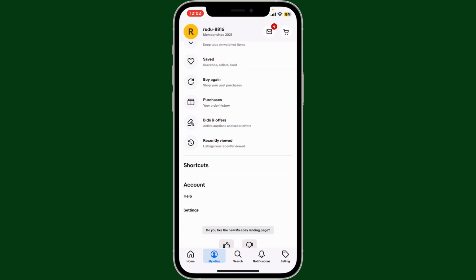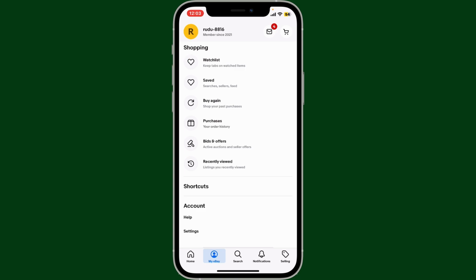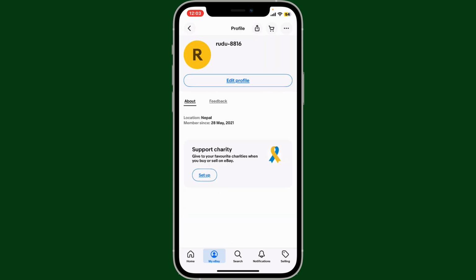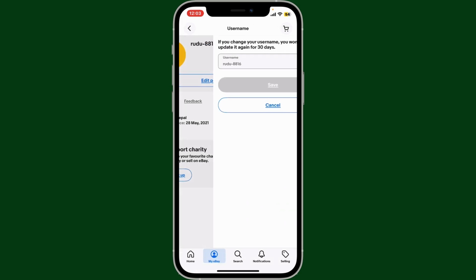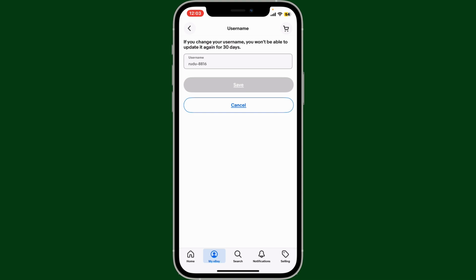Inside the My eBay tab, look for your profile icon at the top and tap on it. This will then take you to your profile section where you'll need to tap on Edit Profile. Now tap on the Account Settings button at the top, and this will take you to this page where you